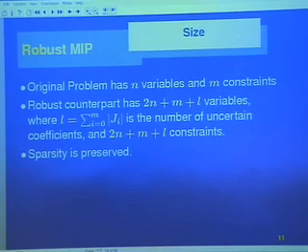So in other words, what I would like you to remember from this is that here's a problem that has the robustness characteristic that when you transform it, it becomes equivalently a new problem where the number of variables increases, but in a tractable way. Moreover, sparsity is preserved. LPs are mapped to LPs, mixed IPs are mapped to mixed IPs. So you have not changed the character of the problem.